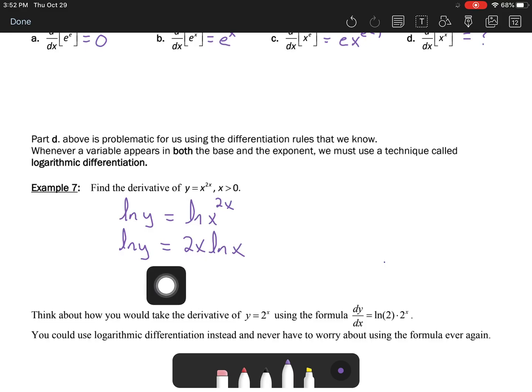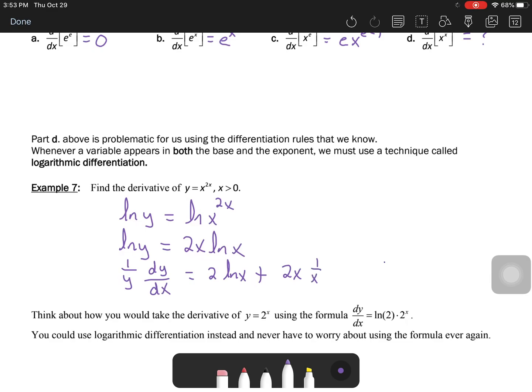Okay, so now what we're going to do, we can take the derivative of each side of this equation, with respect to x. Because on the left side of the equation we have ln of y, that's just going to be 1 over y for the derivative, but remember, dy dx has to follow because it has the variable y rather than x. So this is where the implicit piece fits in. Now on the right side of the equation we have 2x times ln of x, so that's a product. So we're going to go derivative of the first times the second, which is going to be 2 times ln of x, plus the first, 2x times the derivative of the second, which is going to be